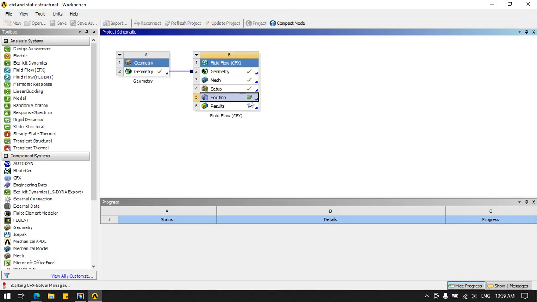Double click on Solution so that it can run the calculation and we can see the force. It takes around 10 to 15 minutes to complete, but anyway we have to wait for the simulation to complete.